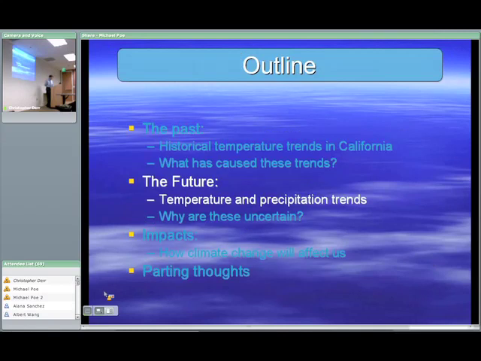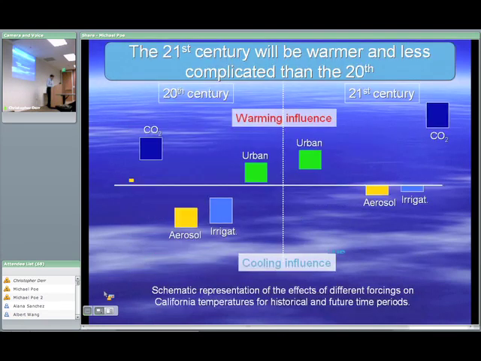Having said that, I'm now going to show you projections from those very same models of what's going to happen in the future. Now, did I just undercut the rest of my talk? Well, not exactly. And the reason is, as I said at the beginning, I really think that you can make an argument, and I actually almost believe this argument, that the future is going to be simpler than the past. And this is trying to illustrate that.